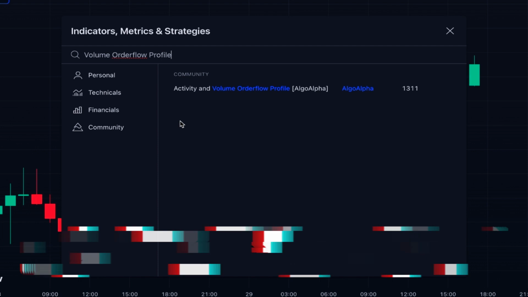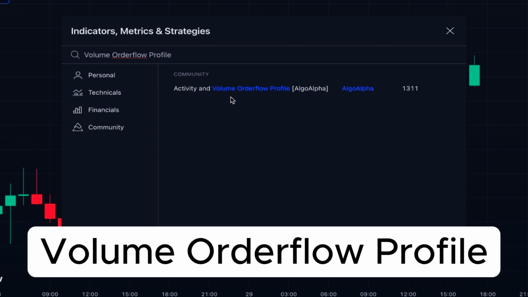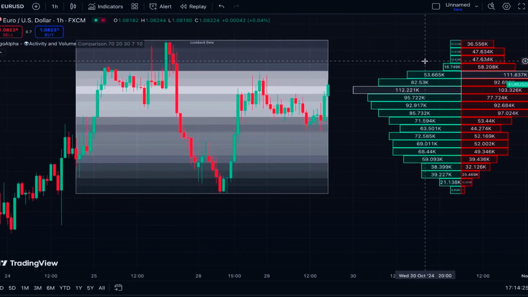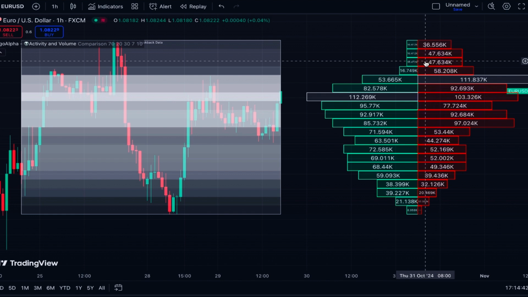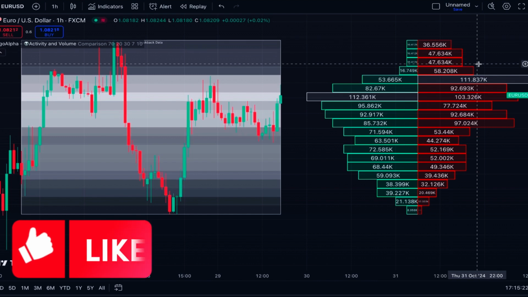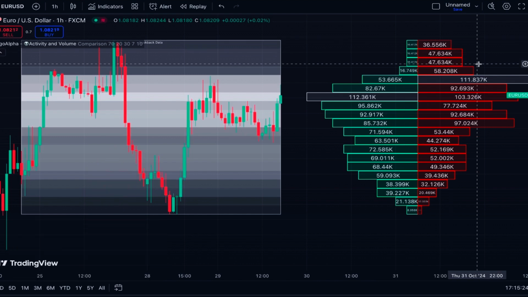The next indicator is volume order flow profile. This one is written by Algo Alpha. As the name is indicating, this is about volume profile and volume order flow. Volume profile is based on the aggregation of volume over specific price levels within a given time frame. It helps in identifying areas of high activity, high volume, and low activity. In contrast, order flow shows real-time order entries, offering insight into supply and demand conditions. So this indicator is a versatile tool that helps you to understand dynamics of buying and selling pressure within a